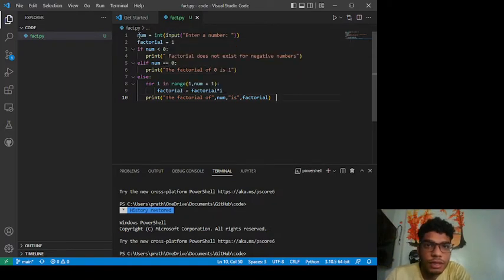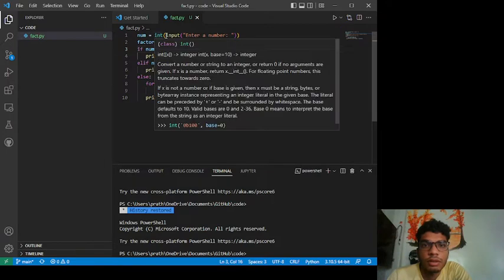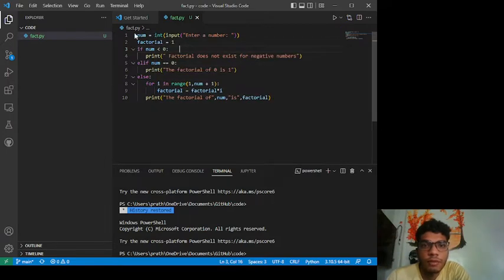First I have initialized a variable num, and I have also defined the type, which is integer type, and then I have taken the input from the user, and I show on the screen "enter a number", so that it will input into the num variable. Okay, so this is the first line. Now I will initialize the factorial variable to 1. The initial value of the factorial variable will be 1, and then it will progress as we calculate